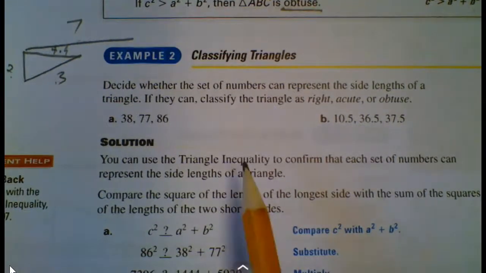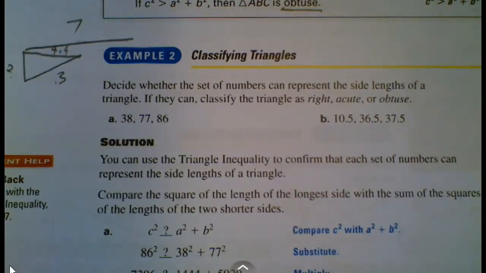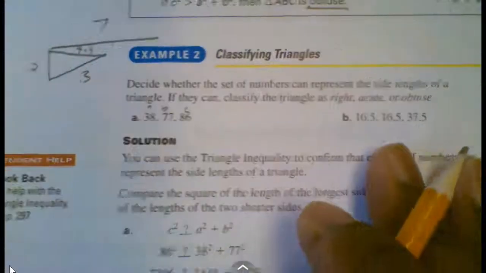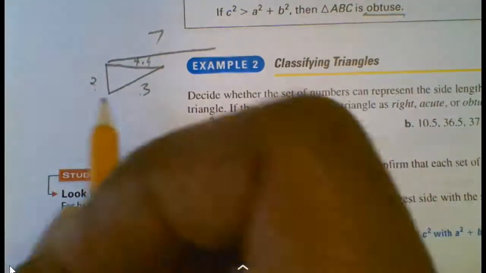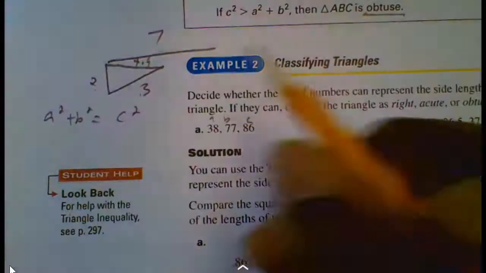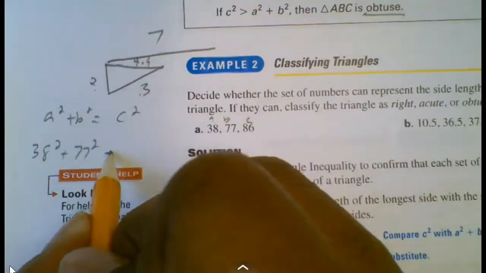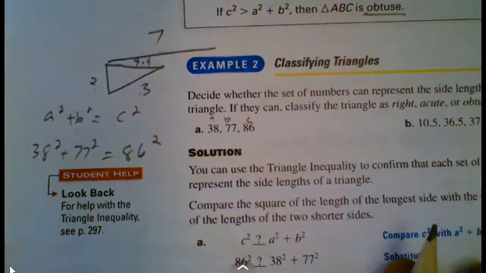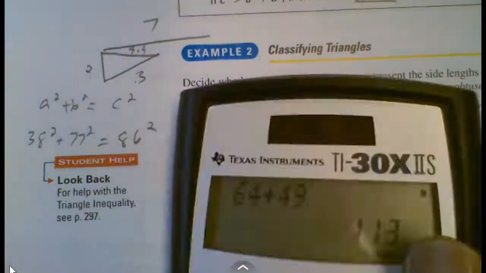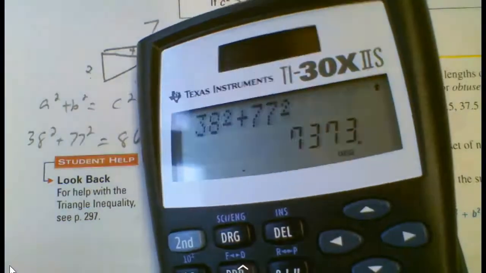All right, so anyway, it says classify whether this is right, acute, or obtuse. So if we check this out, this would be A, this would be B, this would be C. So this is a triangle. If it's a right triangle, then A squared plus B squared would equal C squared. So I'll compare 38 squared plus 77 squared to 86 squared. Just using my calculator, 38 squared plus 77 squared is